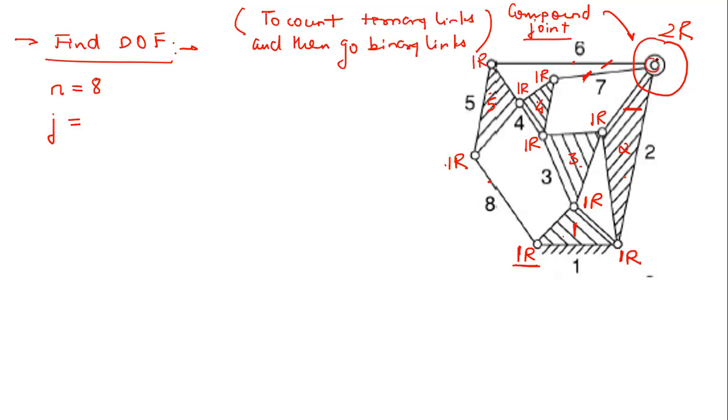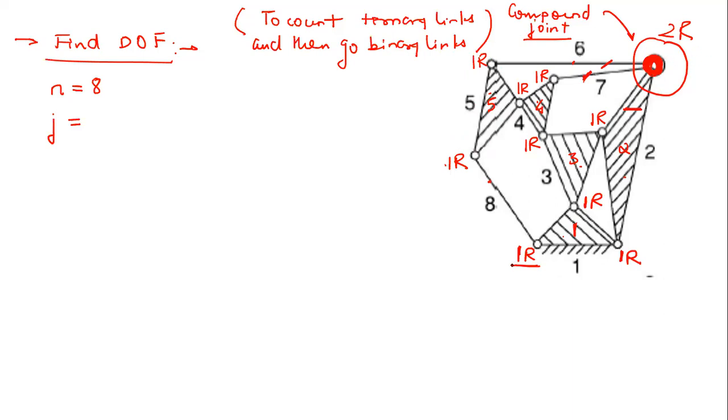But let's say even if a single dot is provided here, many times it happens that a single dot is provided, like this one, right? Then you have to identify that at this point 3 links are connected, and one ternary joint is equal to 2 simple revolute pairs. So you have to count it as 2 revolute pairs. Here you are going to mention it as 2R, correct?